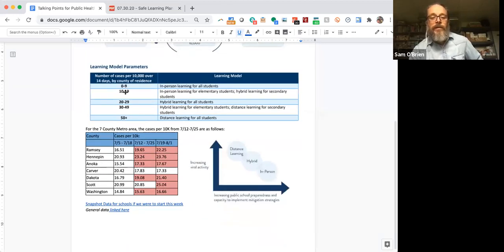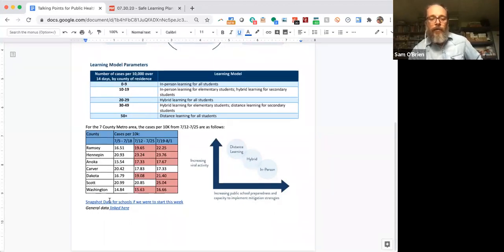And again, these numbers here are guidance numbers released by the state of Minnesota. So if you're between, say, 0 and 9, 10 and 19, 20 to 29, 30 to 49, or 50 plus, those are different bands in which schools have the ability to make decisions. Specifically, what this means is that if your county case rates are 0 to 9, then you have the ability to be in-person learning for all students, though you don't have a mandate to do so. But if your county, say, is 50 plus, everyone must be in distance learning, and you have to get special permission from the Department of Health and Education in order to operate any more in person than that.